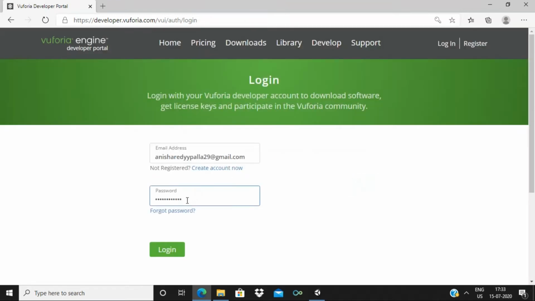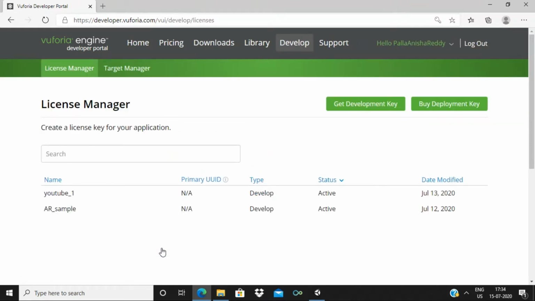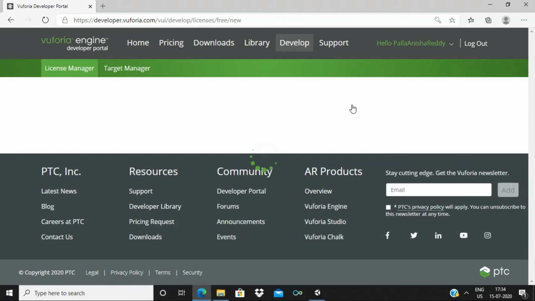Sorry, I've entered it wrong. So here go to develop and get development key.